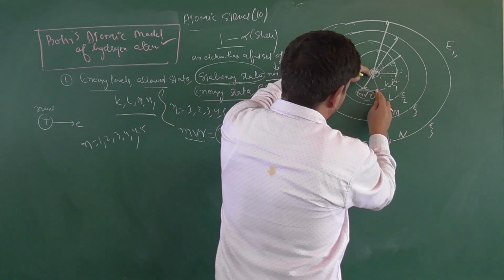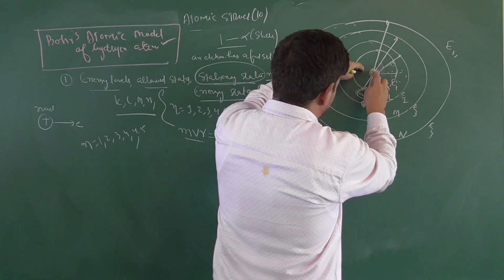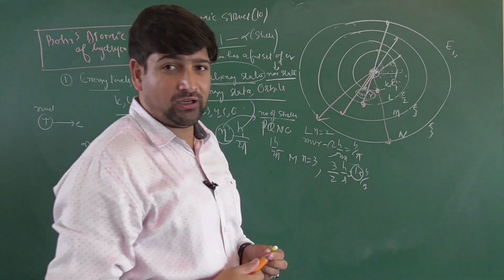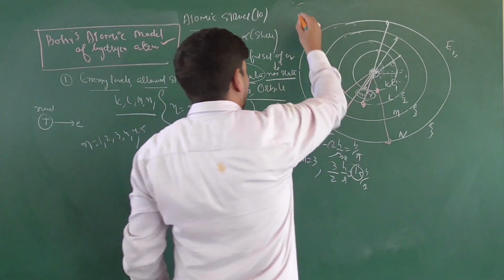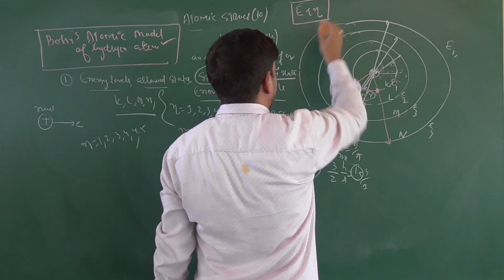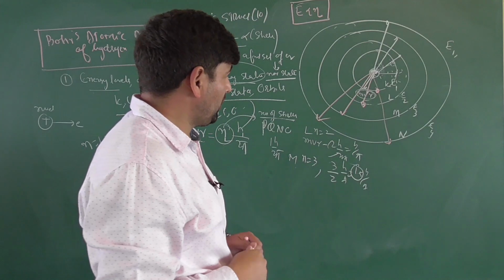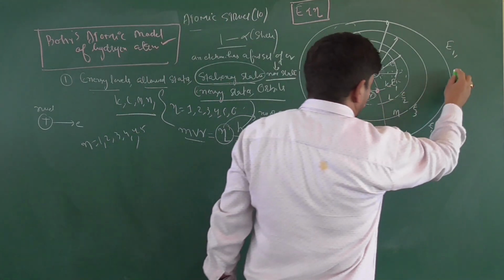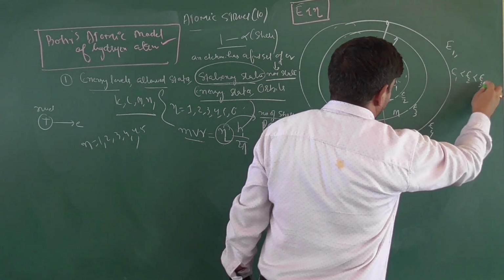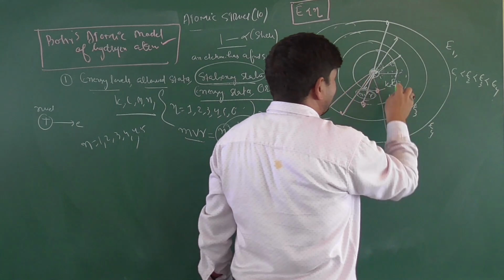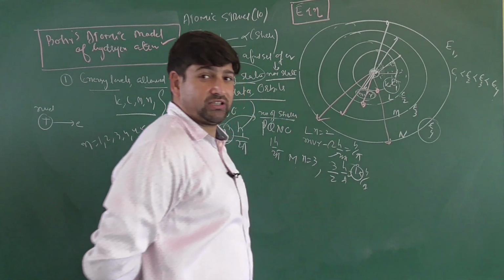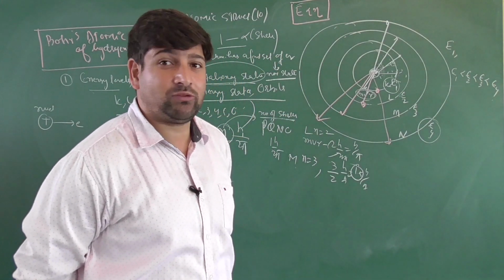Yes. Now tell me, if we keep going away from the nucleus, what happens to energy? We learnt it in quantum numbers itself. Energy will keep on increasing, that is, energy is directly proportional to n. So we can write E1 is less than E2, less than E3, less than E4. That technically means the electron will be more stable in which shell? K, compared to the 4th shell.